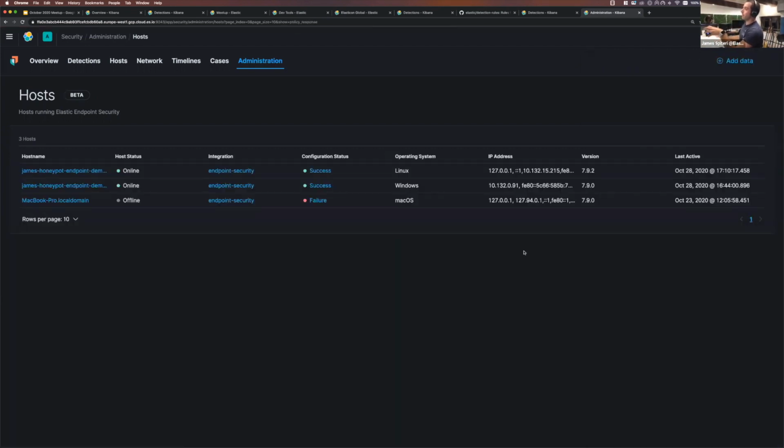Also really important for me to clarify, you don't have to use our endpoint. I want to make it really abundantly clear that you can use any data you like, you can use any endpoint technology that you like. We have many integrations for the most popular ones, but this is available to you to use as of this version 100% free. So good for you to try it out.